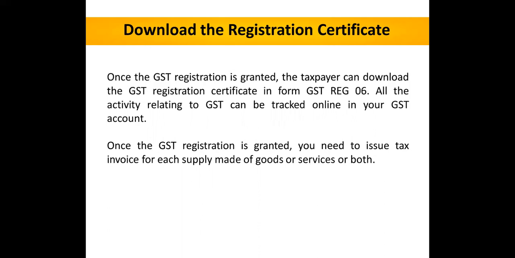Once the GST registration is granted, you need to issue a tax invoice for each supply made of goods and services or both. Like once you get a GST registration number, on all your invoices, means on all your bills, whatever invoice you are giving to the customers, on every invoice there should be a GST number. Whatever number is given, that registration number should be written on all the invoices, because it will be easy for the government also to trace your invoices, right? So this is the